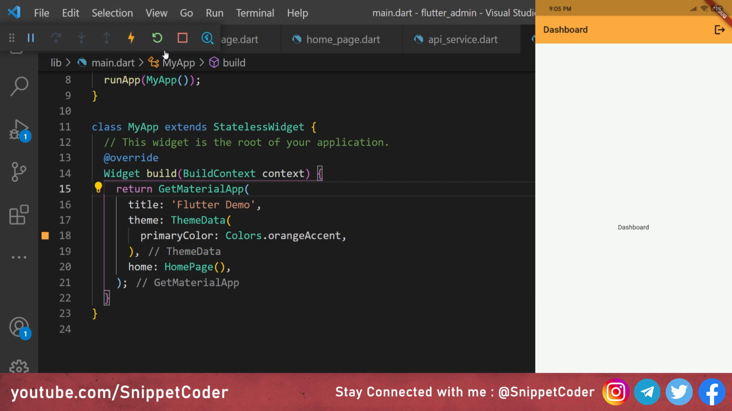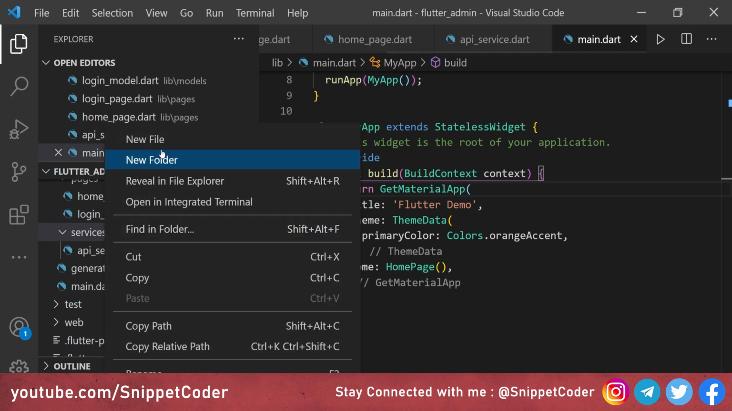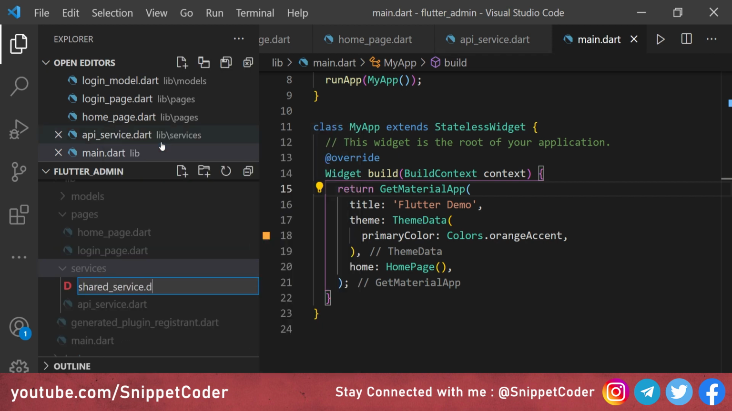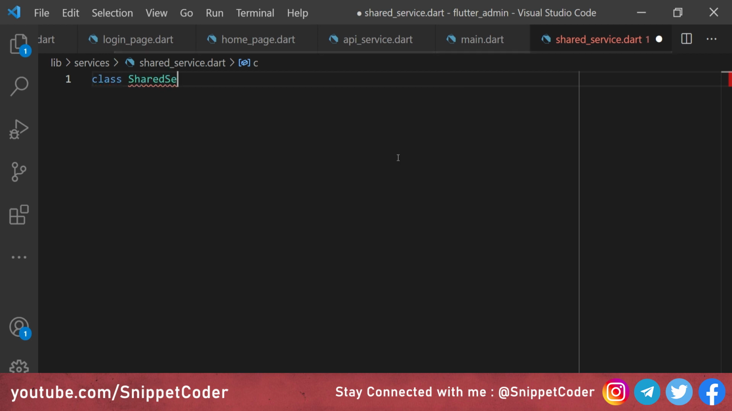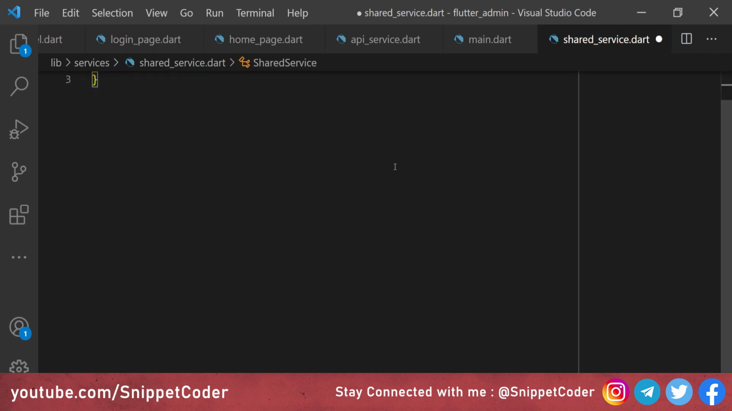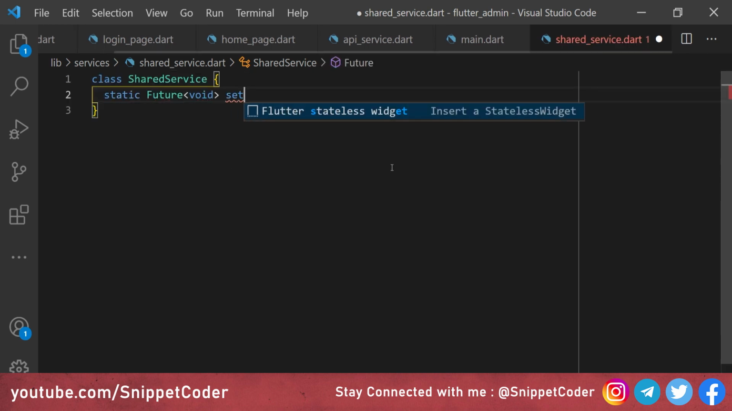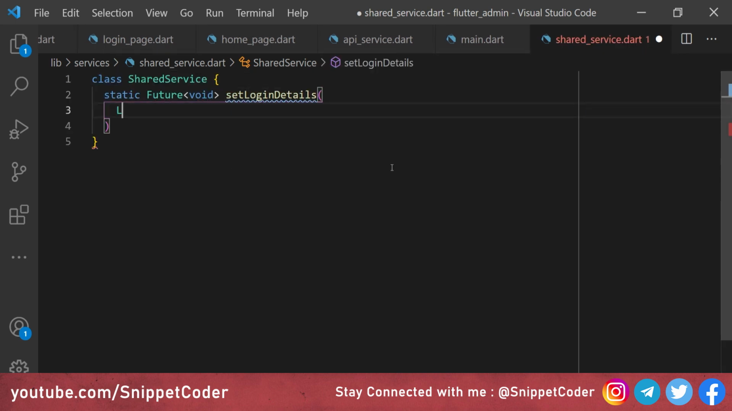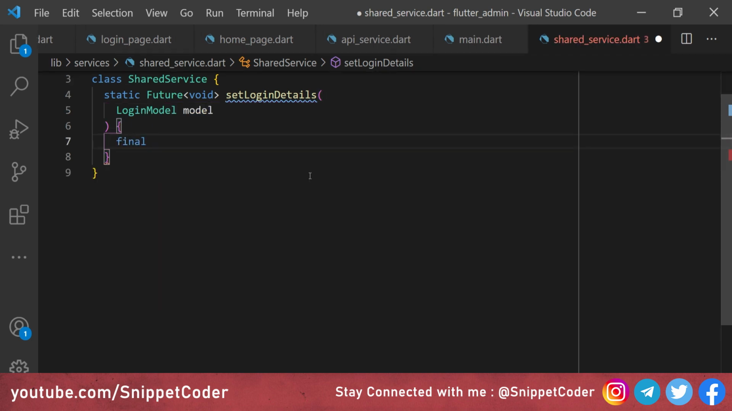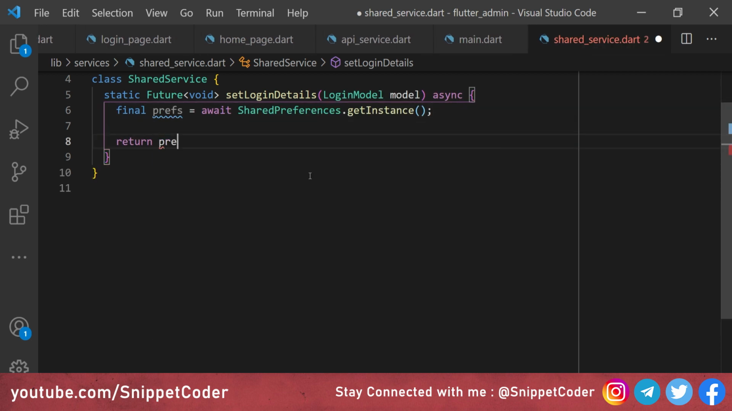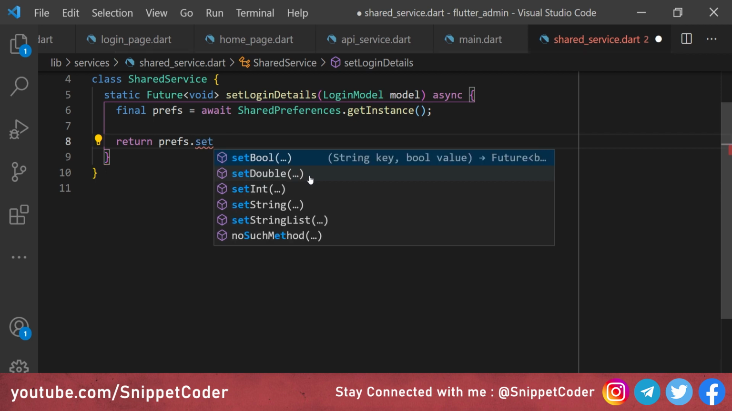So now we will create one shared service here. Inside our service folder, we will create shared_service.dart, and here we will create the class SharedService, and here we have to create one function to check whether the user is logged in or not. Before doing that, we have to create two functions. First one is a static Future void type, setLoginDetails, and here we will have the LoginModel, and here we have final preference equal to await, and we will make it async here, await SharedPreferences.getInstance, and here we will return preference.setString, and here we have the key,